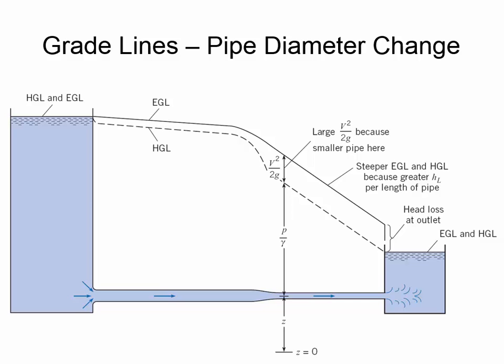So it's important to be able to show all of these things on a sketch. And I have a handout I'm going to give you in a moment so you can practice doing the EGL and the HGL. So you should always, first of all, always label both of them. And in every case, the EGL will be above the HGL. Sometimes it takes a little bit of practice, though. You should do these sketches using a pencil, not a pen, because you maybe are going to need to erase